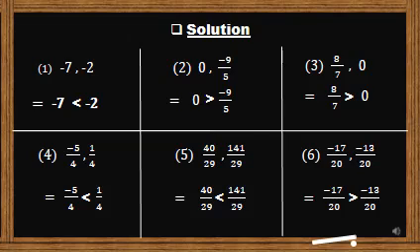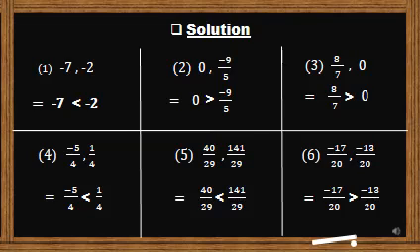Fifth one, 40/29 and 141/29. Here by observing we can say which one is bigger and which one is smaller. 40 is less than 141, so 141/29 is greater than 40/29. Sixth one,